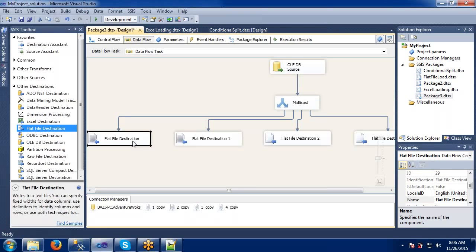Why? Because it reads the data only one time. The source is read only one time and destination is created 4 times. It is sending to the destinations by reading the source only one time. Got my point? So we are doing all this in a single package. In the first package, if you observe, the same task is done in one package with one source and one destination. Here one source, multiple destinations, means reading the source only one time and sending to the destinations 4 times, means we have eliminated reading the source 4 times.